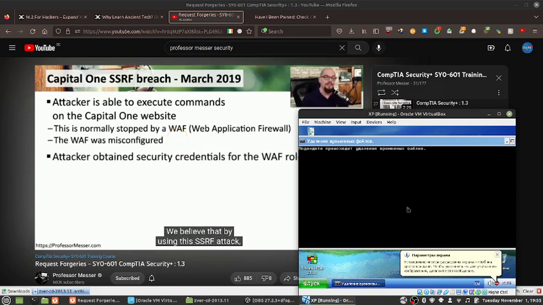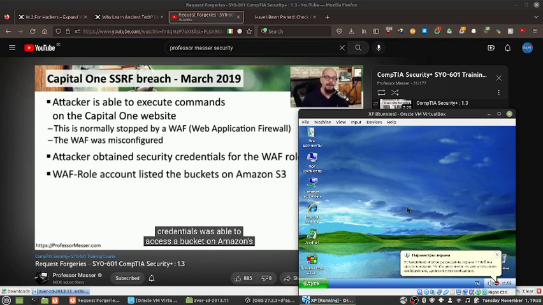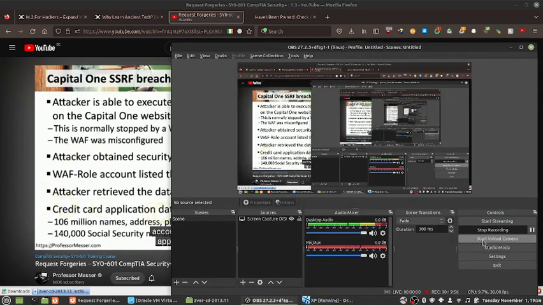We believe that by using this SSRF attack, the attacker was able to get security credentials of the WAF, and by using those security credentials, was able to access a bucket on Amazon's Simple Storage Service, or S3. This is a file system that exists in the Amazon cloud. Those credentials were able to access those S3 buckets, and inside of those buckets on the Capital One Amazon account were credit card applications that range